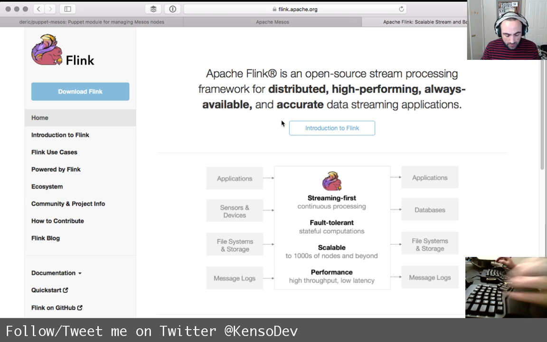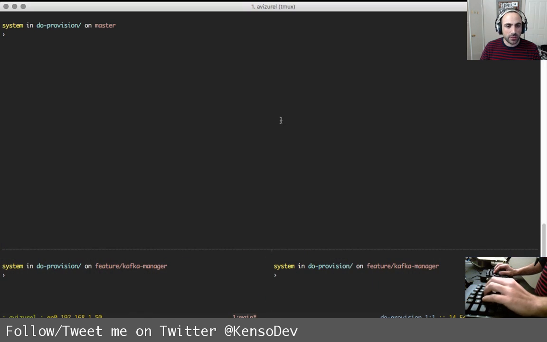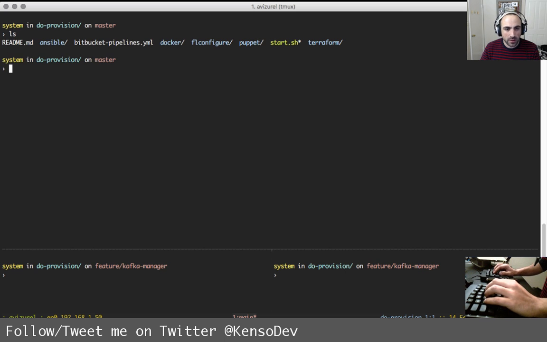Okay, so let's go ahead and get started. What I'm gonna get started with is Vagrant. So let's go ahead and create, so we have a Docker folder here, and what I'm going to do is create a directory for vagrant. So let's create just vagrant and cd into it. Whoops, sorry.